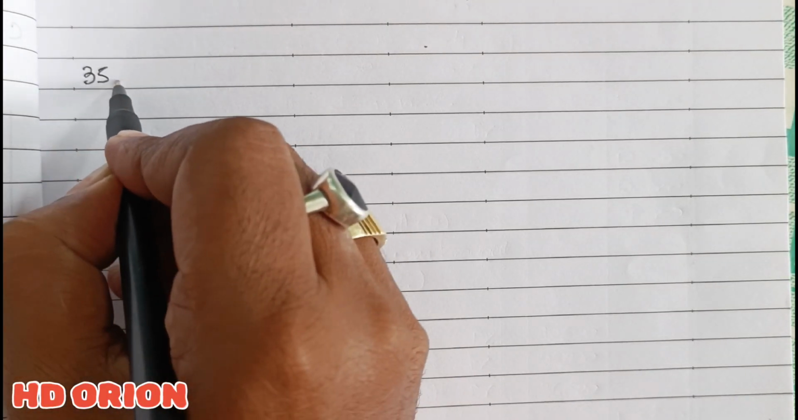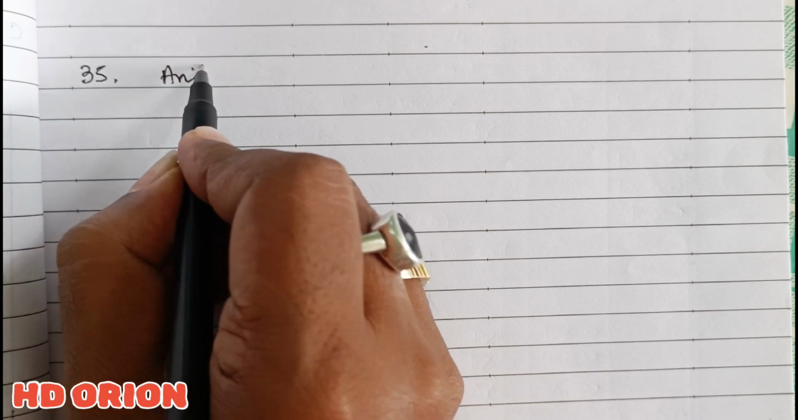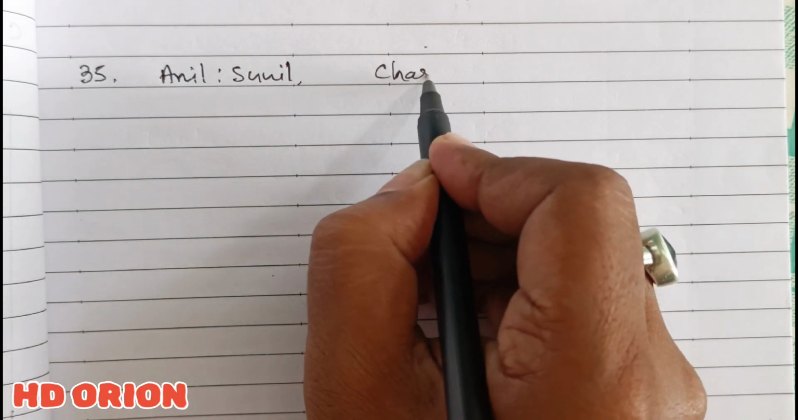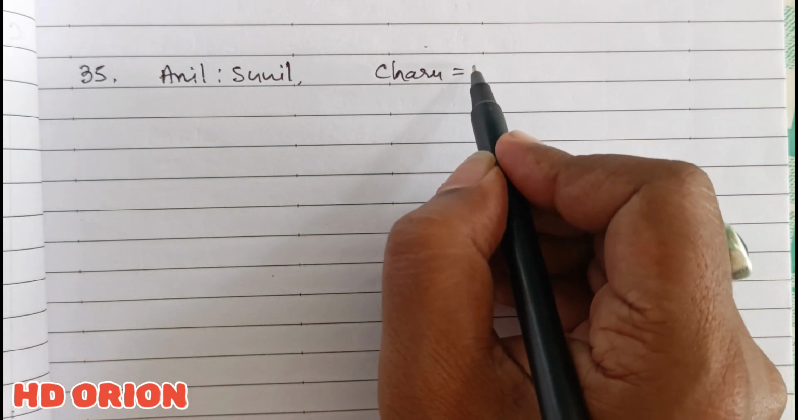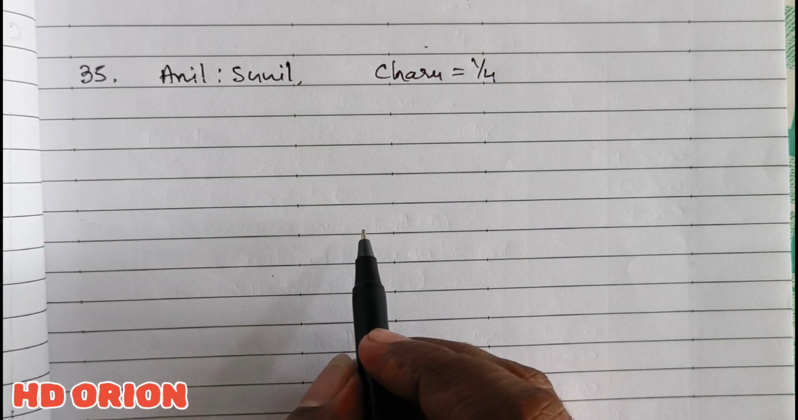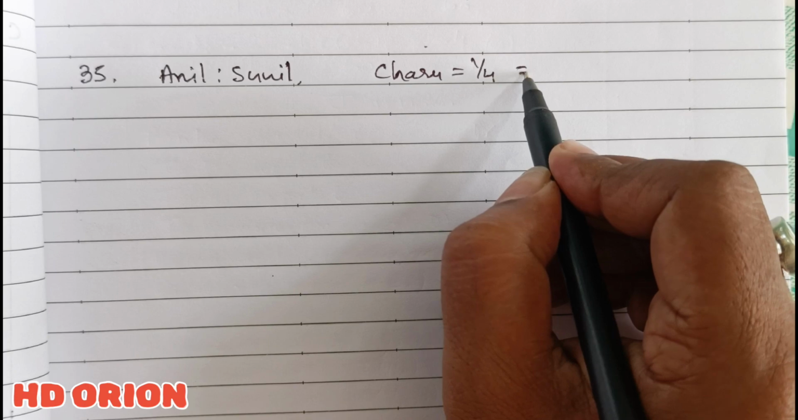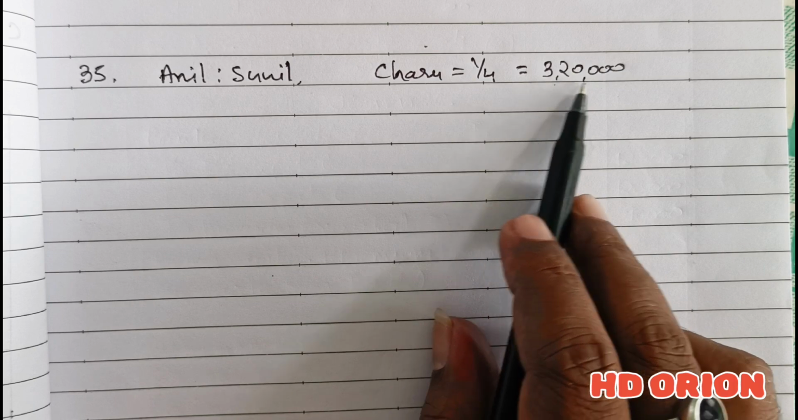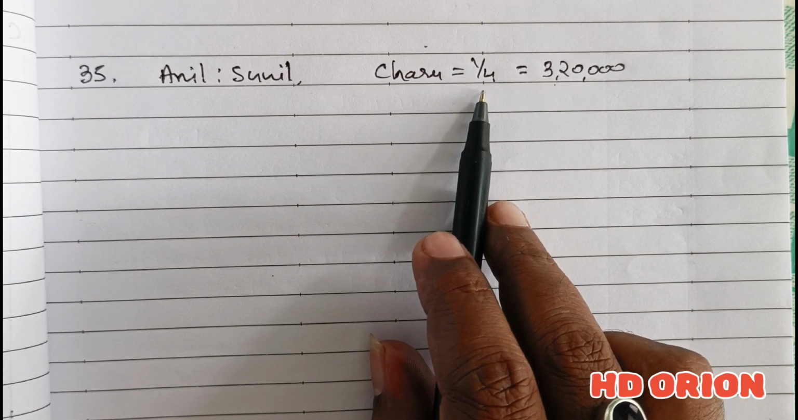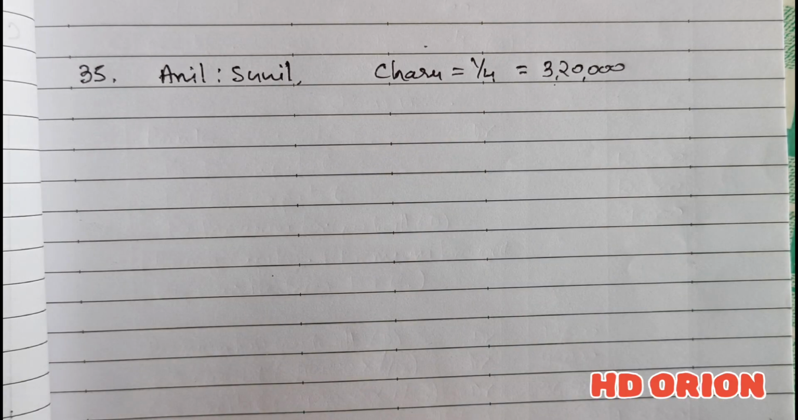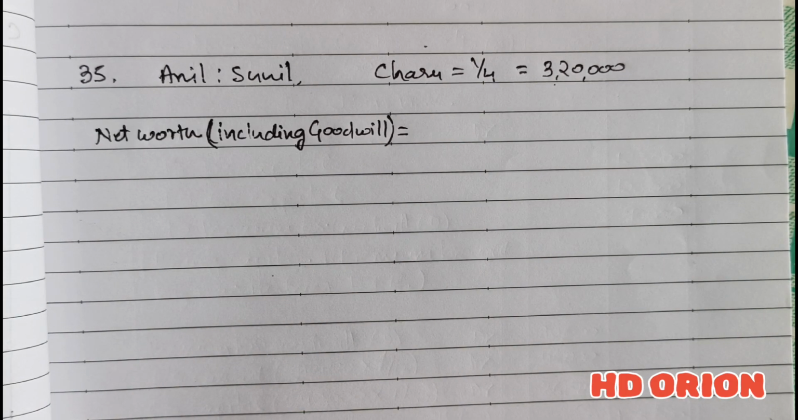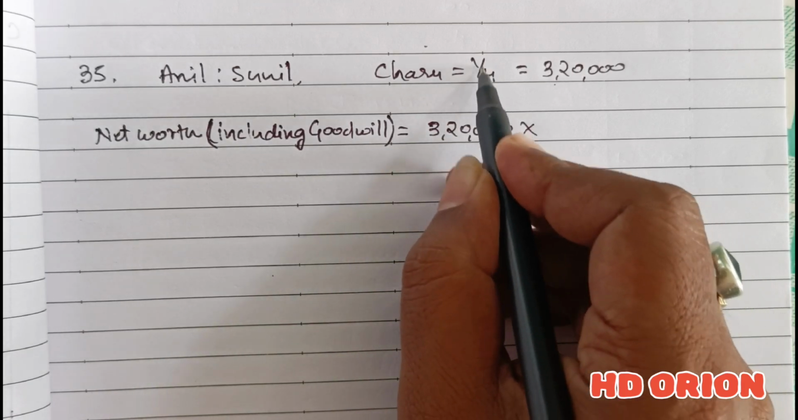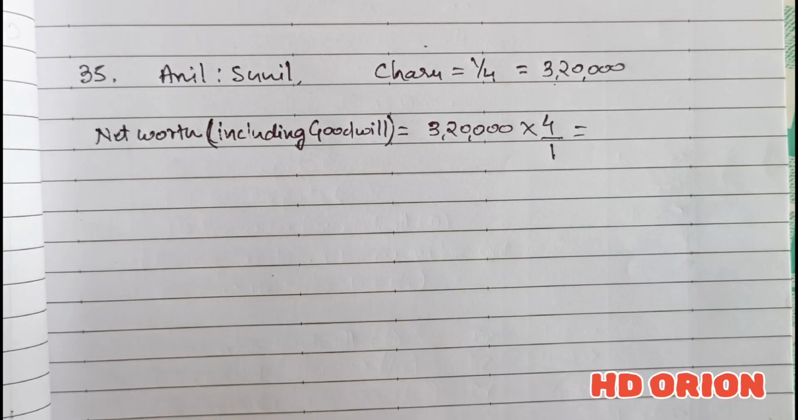So solution 35. There are two partners, Anil and Sunil, and a new partner, Charu, is coming into the business for 1/4 share in the profit. And Charu is bringing capital of rupees 3,20,000. Now, based on Charu's capital, what should be the total capital of the firm? That we have to find out. And that is known as net worth including goodwill. It is equal to rupees 3,20,000, that is Charu's capital, into the reciprocal of Charu's share. And that amount